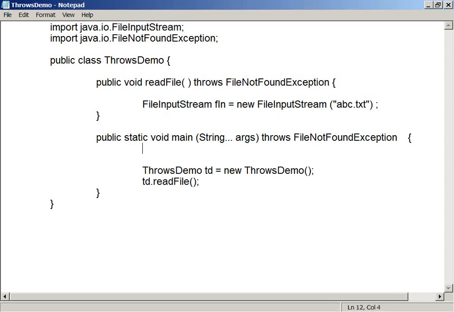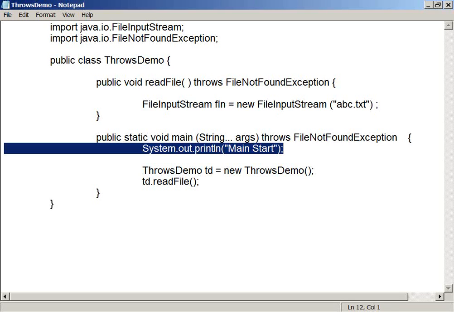Now I am going to write System.out.println, "Main start." Just give me 5 seconds, we complete it.